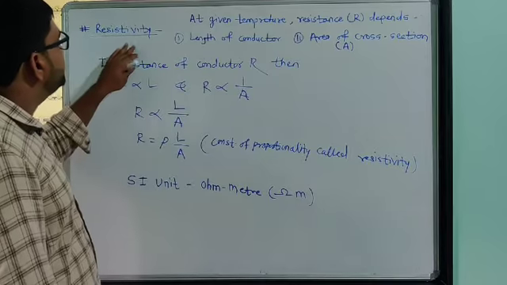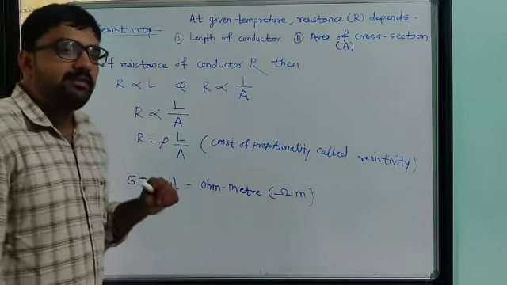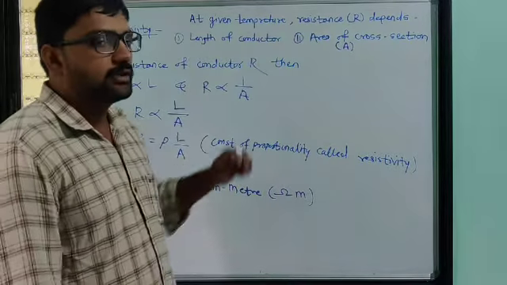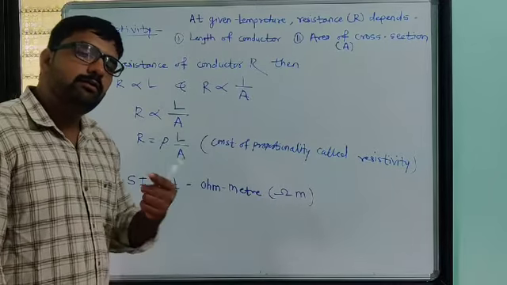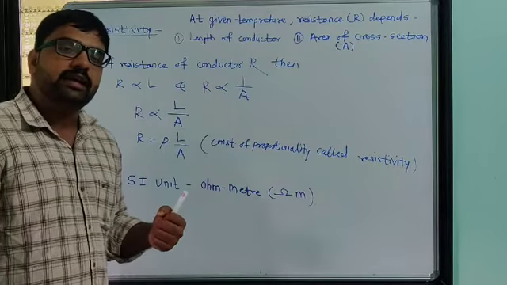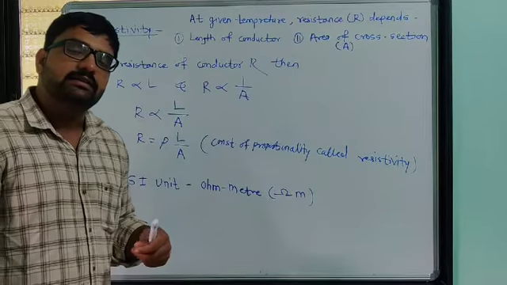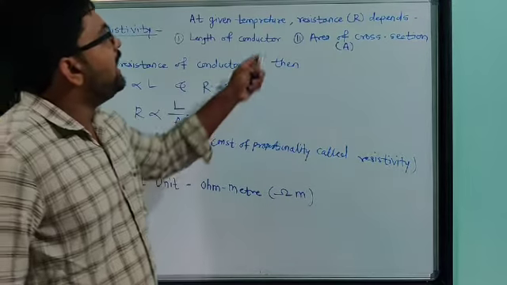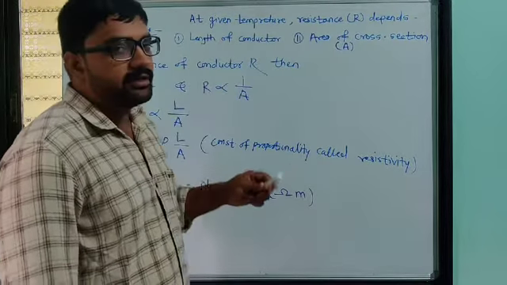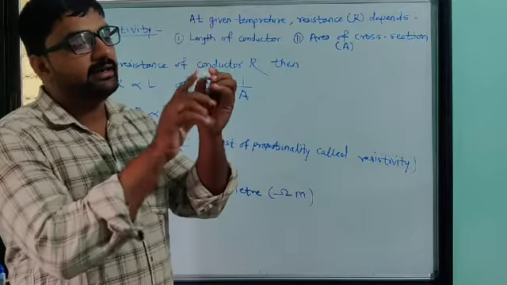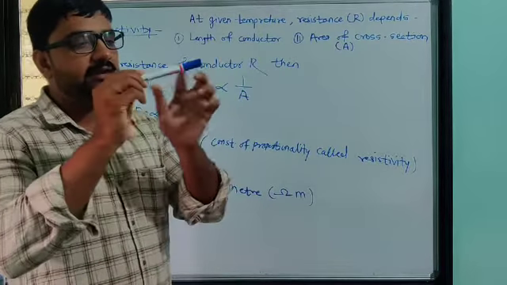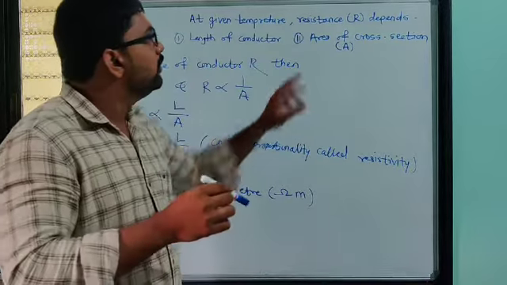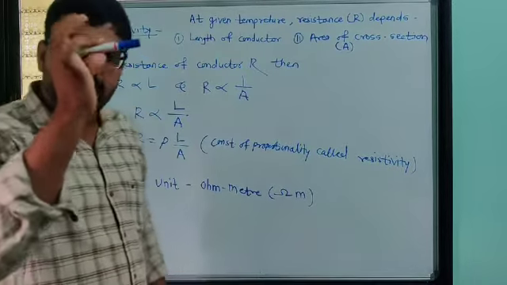Suppose at a particular given temperature, the resistance is R. We know when electrons flow through a material, they collide with the atoms and ions present in between their path, so some resistance is there at a particular temperature. Suppose you consider this is an electric wire having length L. At a given temperature, the resistance of this wire depends on some factors.